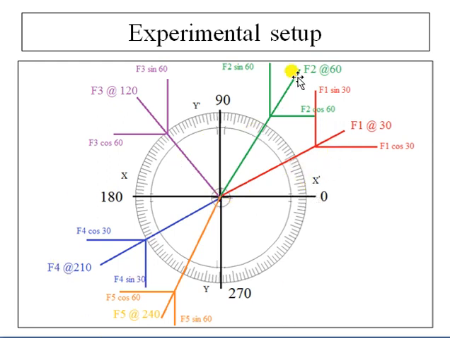Similarly, we will resolve each of the components of different force vectors. This is F2, F3, F4 and F5. I would like to draw your attention to this force F3, where the theta value with respect to 0 degrees is 120 degrees. But while taking the force component, the angle theta is taken with representation of this horizontal line.